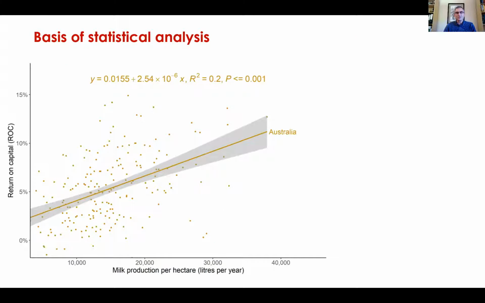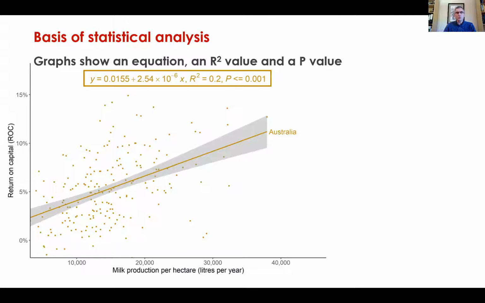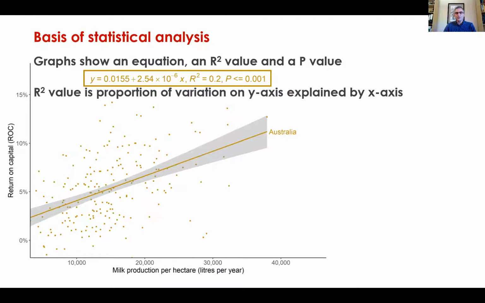What is the basis of the statistical analysis? I'm going to be showing you a large number of graphs, which will have an equation, an R-squared value, and a p-value. All these graphs utilize US number format rather than South African number format. The R-squared value represents the proportion of the variation on the vertical axis that can be explained by the single factor on the horizontal axis. In this instance, 0,2 or 20% of the variation in return on capital, profitability, can be explained by milk production